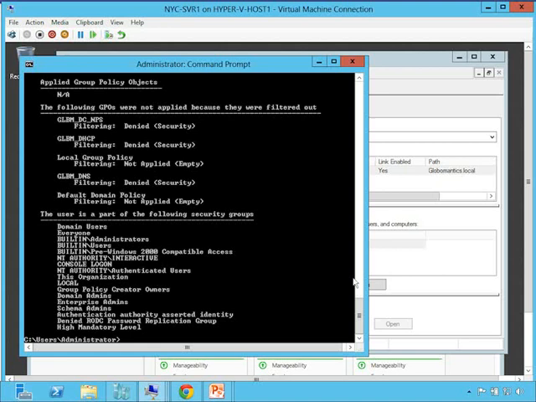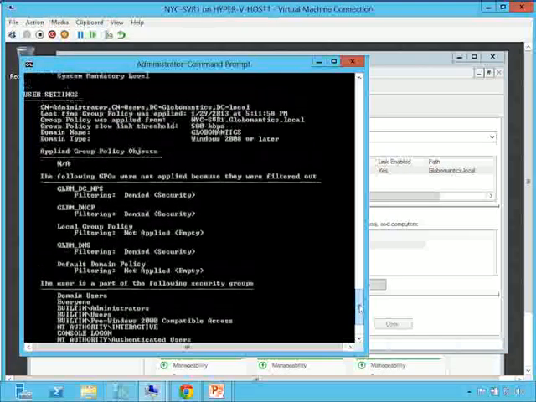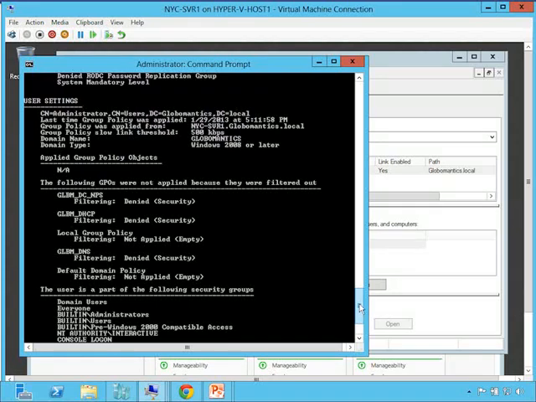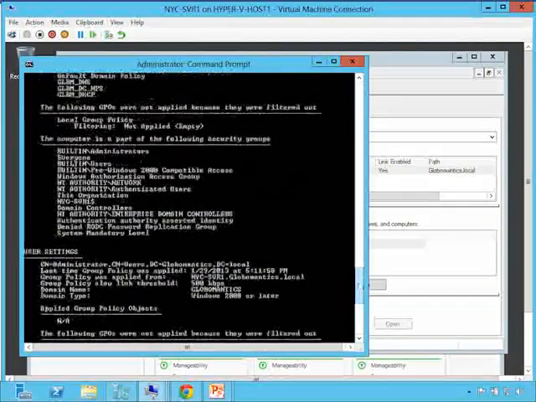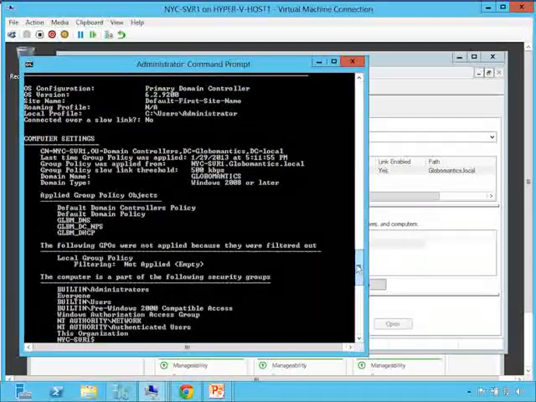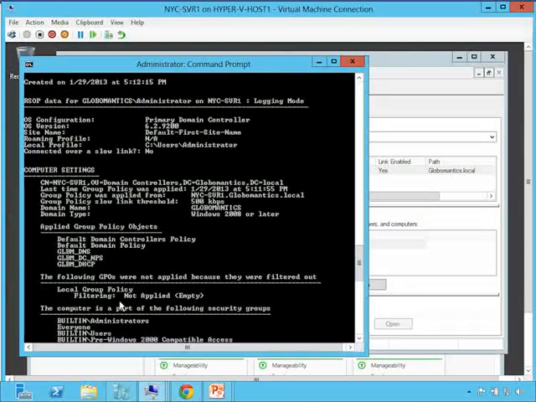Not necessary. Turns out that all the configuration settings in the GPO are on the computer configuration side of the GPO, and it's the computer configuration side that we care about. What we're looking at here is the set of user settings. If I scroll further up, we can see that on the computer configuration side, GLBM DNS, DCNPS, DHCP are all being applied. Those are applied GPOs. As such, they are going to be perfectly able to take effect on this server,